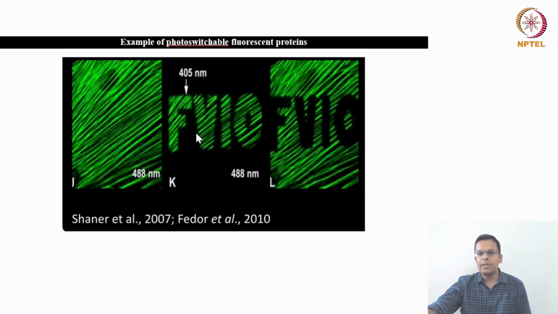You can selectively select the region of interest and switch off the fluorescence from other areas, and again you can switch on that fluorescence and switch off this fluorescence using a different color light. So this is known as photoswitchable fluorescent proteins. They are also used for studying protein dynamics.